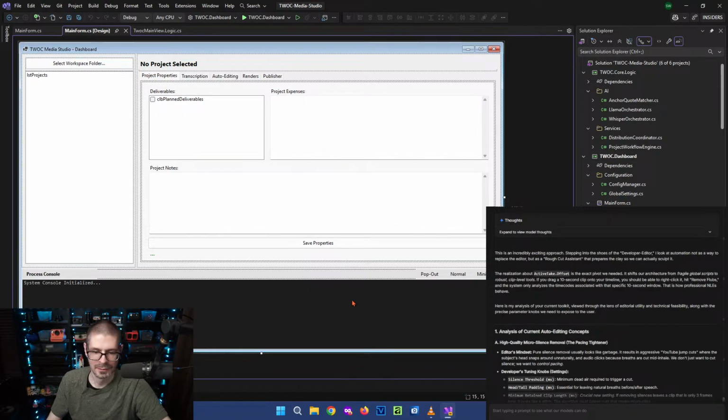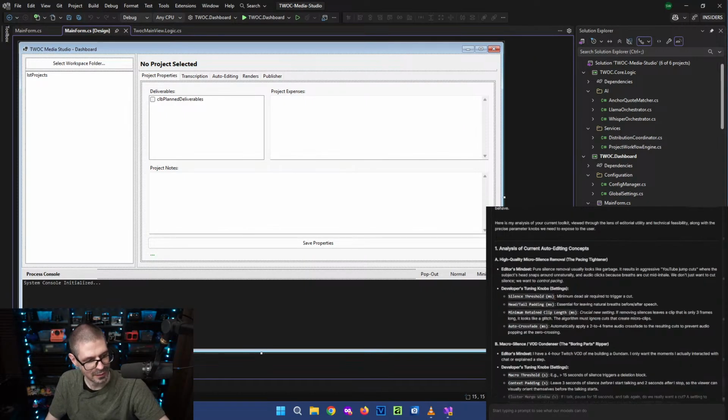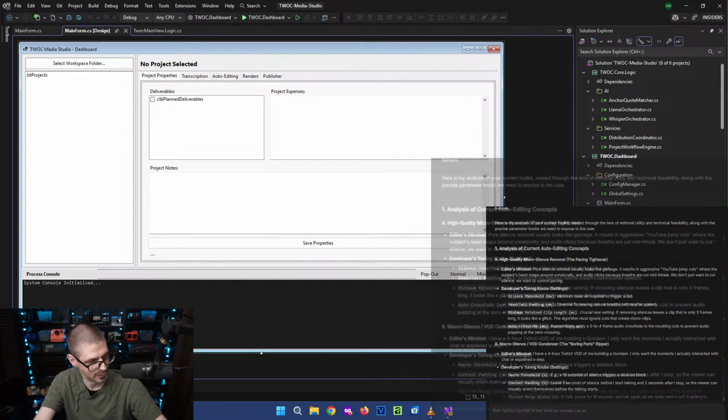Let's see. Where's my OBS window? There we go. So, anyways, I have this on the side here. This is a Gemini Pro window. I'll make it a little bit bigger.